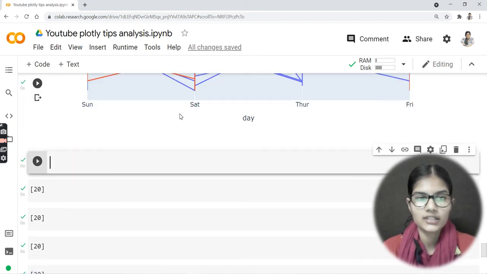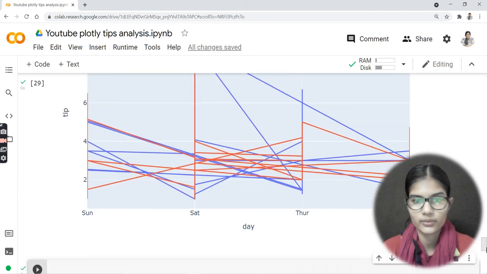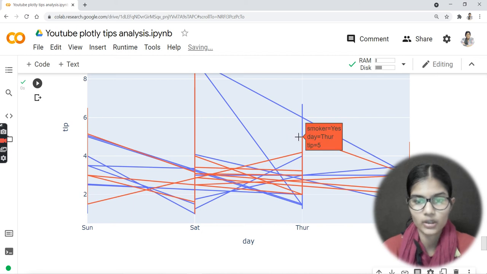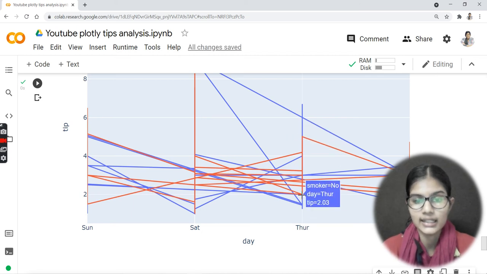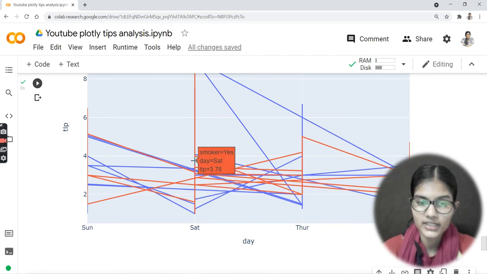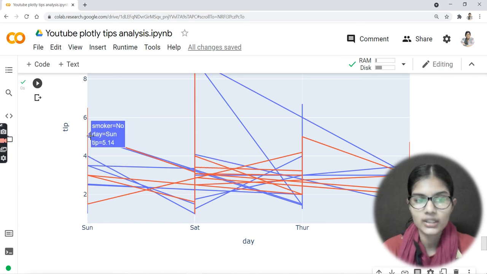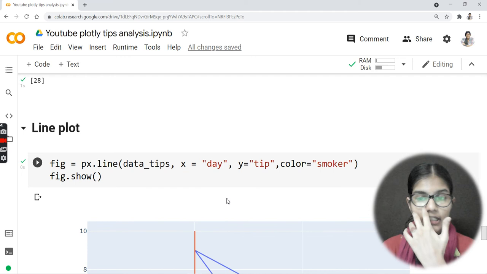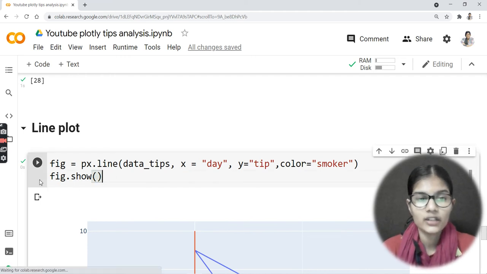So basically as soon as I run it, now just have a look at what type of graph I got. Yeah, I know that this is a very messy graph. You cannot understand any particular thing from this graph, but this is how the line plot graph is made. Do not focus on this graph right here, because that sorted graph I'll be showing you in the next row. But right now just have a look here at how you can make a line plot.